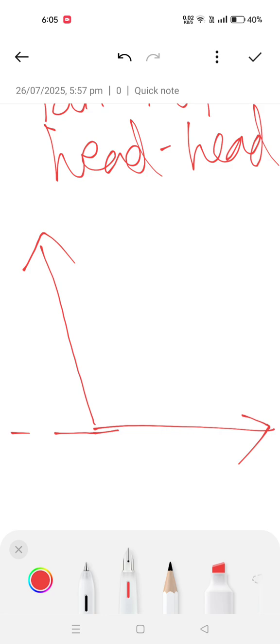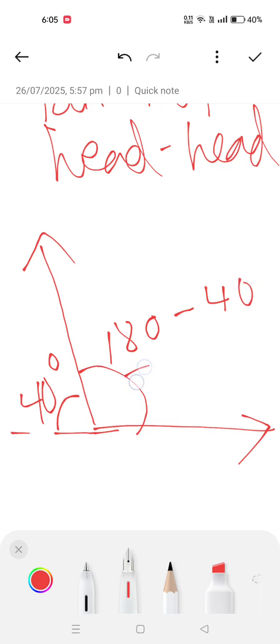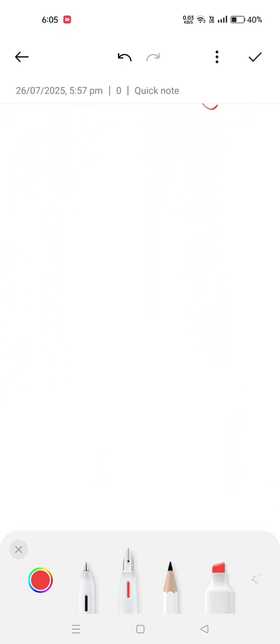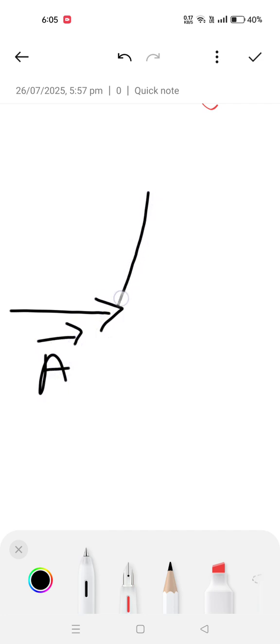Now we know that this angle is 40 degrees, so this is 180 minus 40, which is equal to 140 degrees, the angle between b vector and c vector. Next we have the triangle law of vector addition. Supposing this is vector a and this is vector b, here the resultant will be